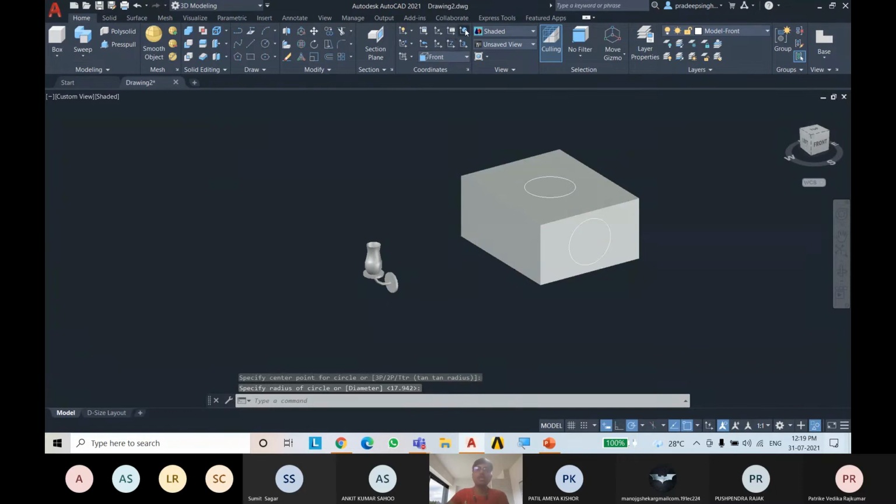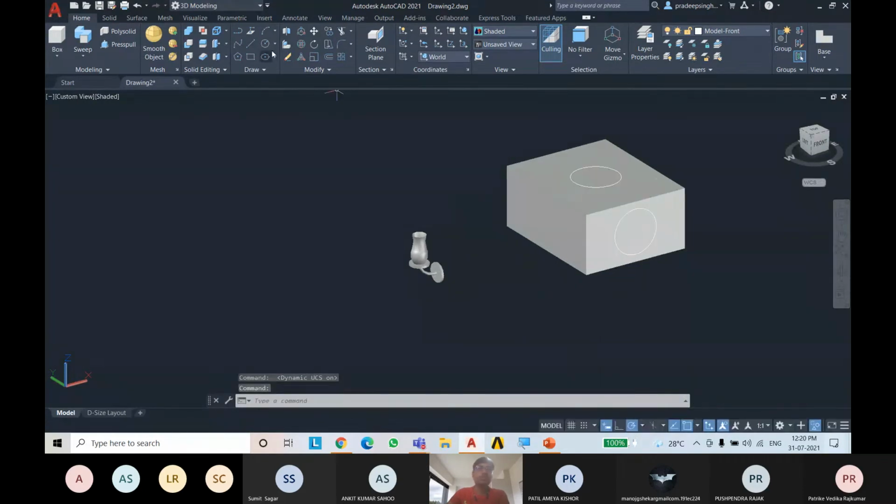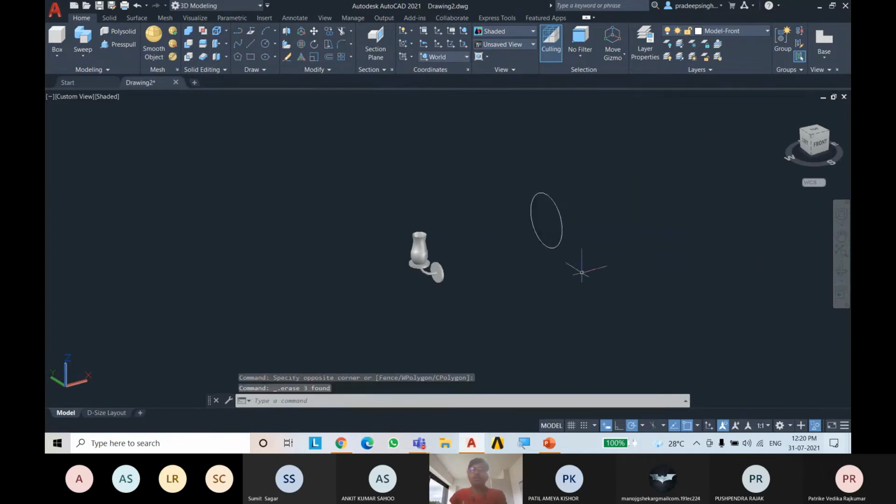But if you do not want to change anything from this coordinate window and want to draw something directly, use dynamic UCS: turn it on, go to the circle option, go in front of the face you want to draw on, click there, and now you will be able to draw a circle on any face without using this coordinate system. I will not use this, so I am turning it off. Just delete it. Now focus on this drawing.